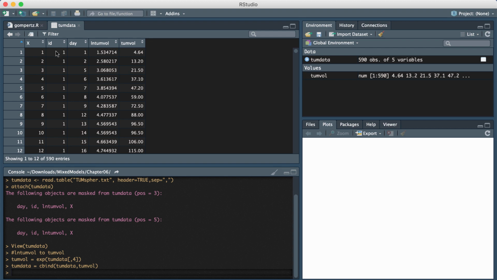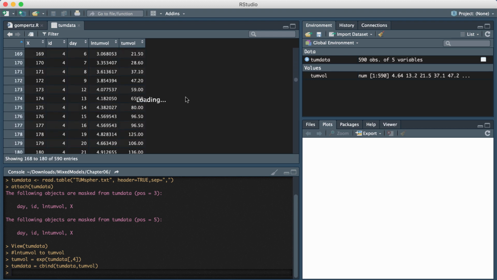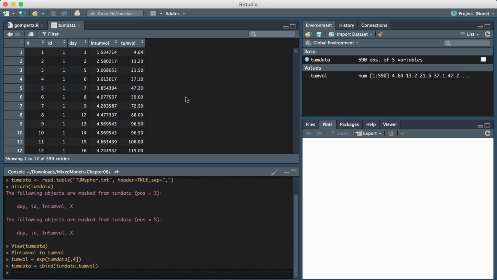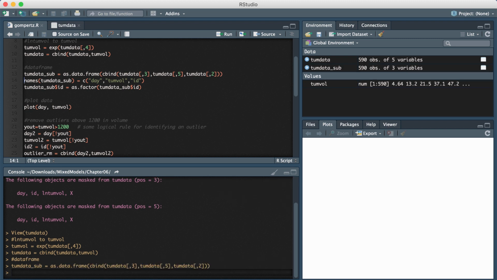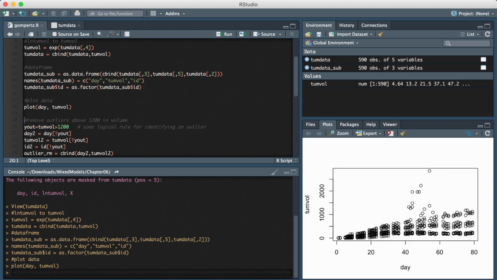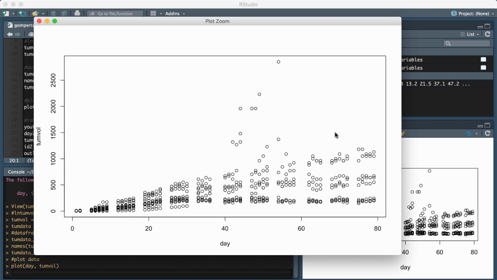If you look at the data set, there's a column for ID, and this seems to identify different tumor cells that were measured. So they analyzed the growth of tumor cells over time for different tumor cells. Another thing I wanted to do with the data set was just get one of the tumor cells. I wanted a curve just for one tumor cell.